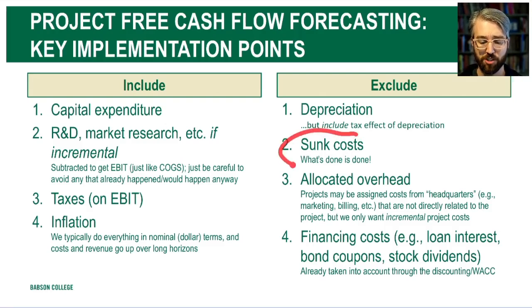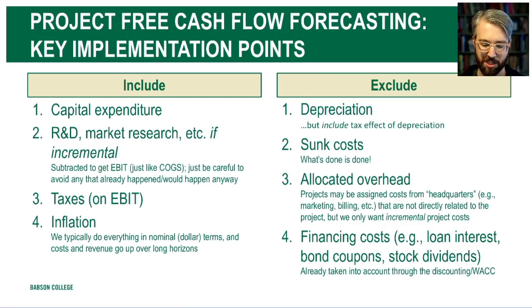We're going to make sure to exclude sunk costs. Anything that the firm has already paid can't be incremental. It can't satisfy the with-without test because it's already been paid with or without the project. I mentioned earlier that we're going to seek to avoid allocated overhead. So even if a project-based profit and loss statement is going to get charged some headquarters cost, we're going to charge you a portion of the firm's marketing budget, or we're going to charge you a portion of our managerial overhead. If the firm is going to incur them even without the project, we don't want to include them